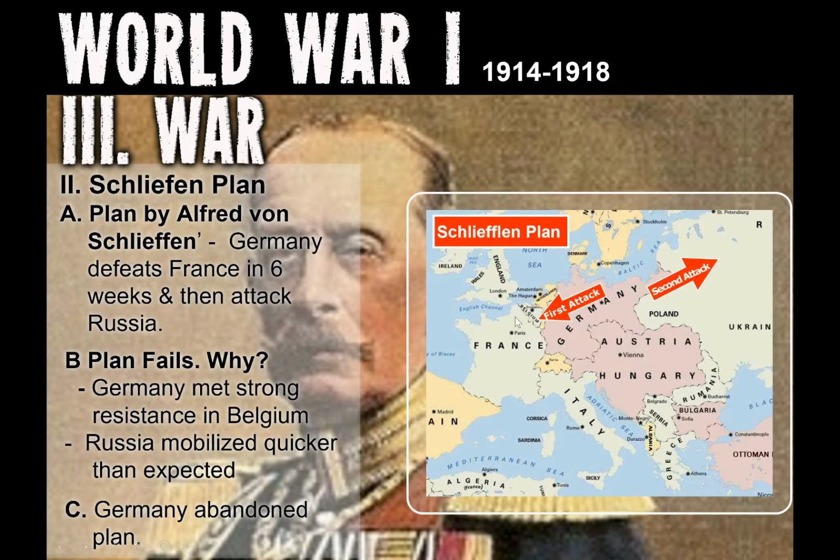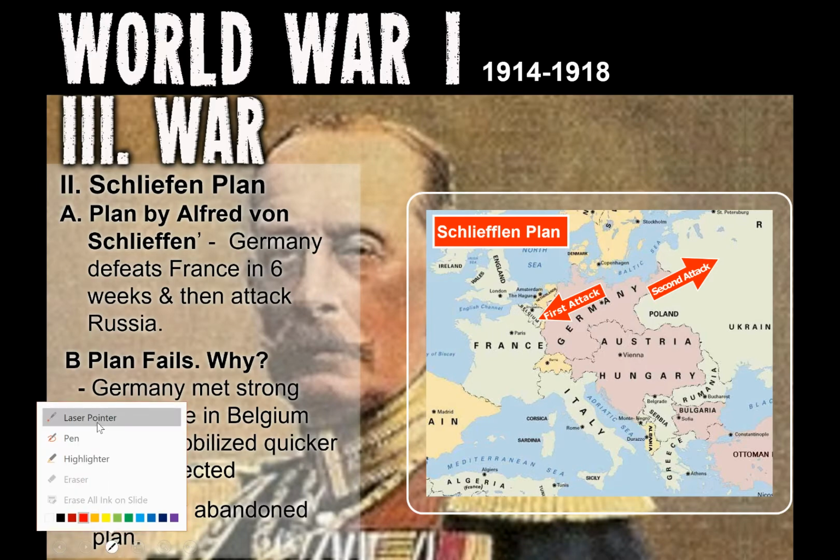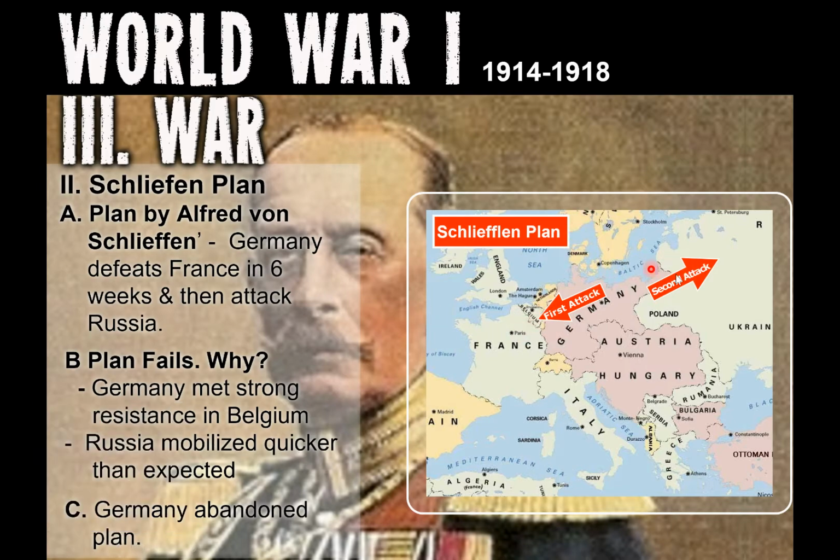So let's attack here first, and then move into here. Germany defeats France in 6 weeks, and then attacks Russia. Why does the plan fail? Well, Germany is met with strong resistance in Belgium, but by early September